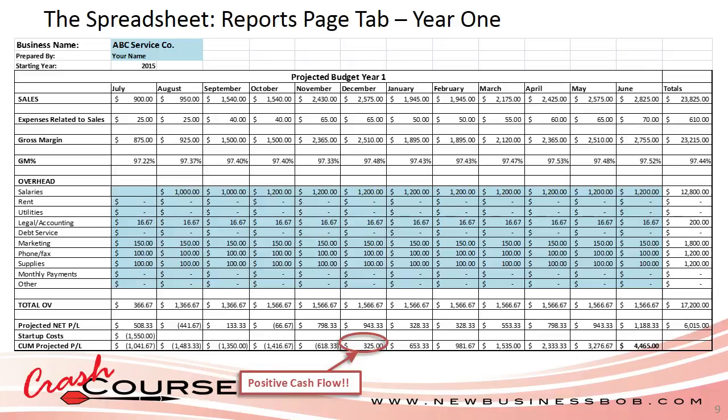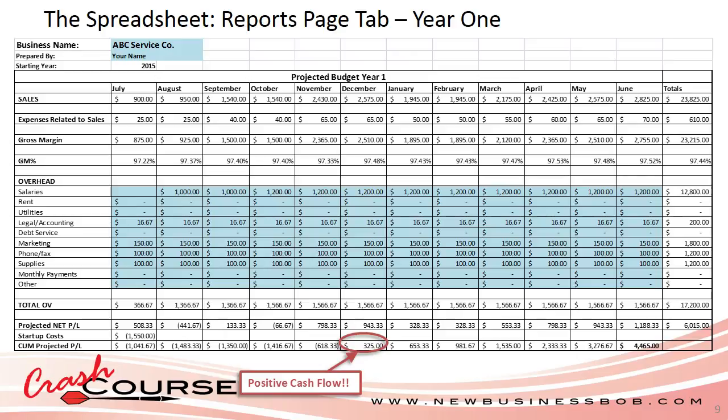Okay, so here's the reports tab. This is the juicy part of it. Here is where you would input your business name and your name as prepared by. And this is the part where it flows backwards to all those other previous tabs. So in year 1, let's take a look at this projected